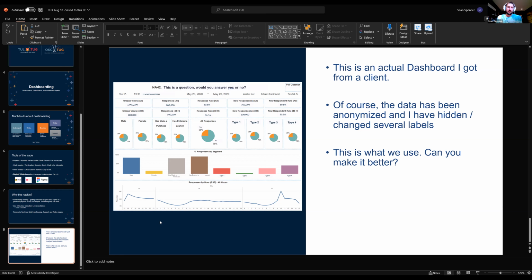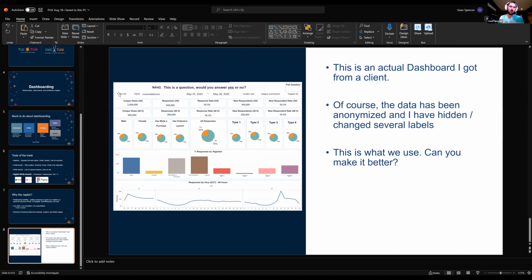And so what you're looking at is a dashboard that is meant to evaluate the performance of a poll or question that has one of two answers sent out to customers to try and promote engagement. And so all of these metrics on this page are representative of how their users engaged with this question that was pushed to their mobile devices. And so at the top of the dashboard, you can see the question that was sent, which I have changed. So it says, this is a question. Would you answer yes or no?